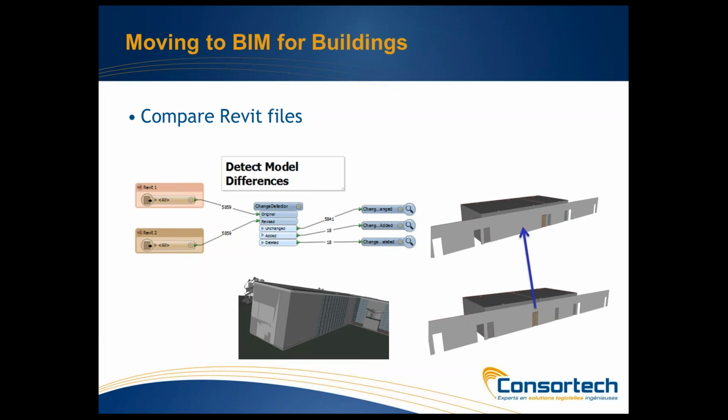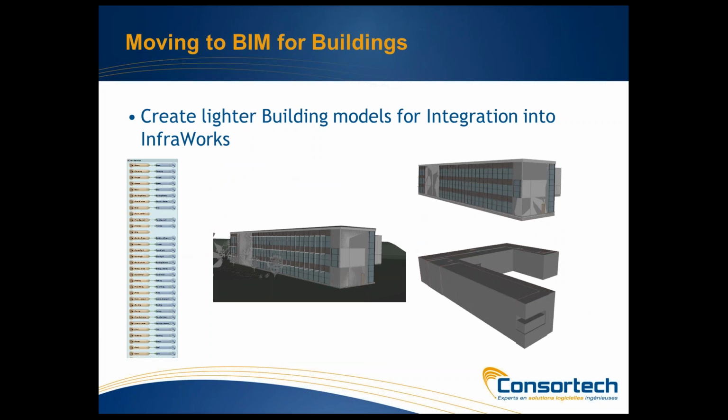So since last year we've been trying to move into, if we had to integrate different Revit files together, what might that look like? This is not actually the client's BIM model. This is a generic BIM model, but we have to solve the problem of how we are going to detect changes. Also, if we want to use InfraWorks,